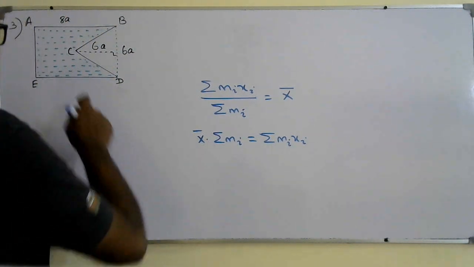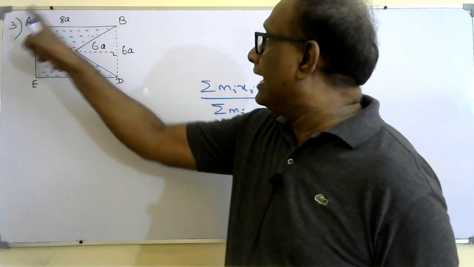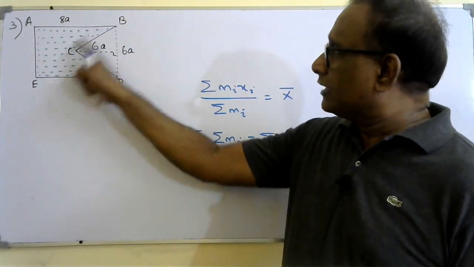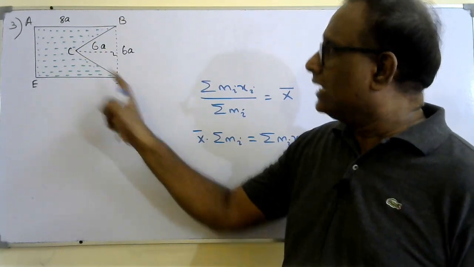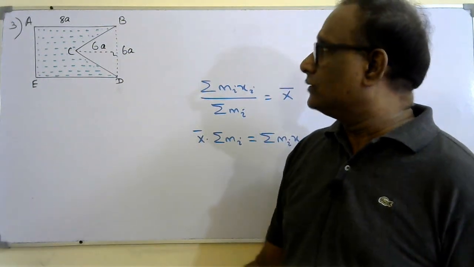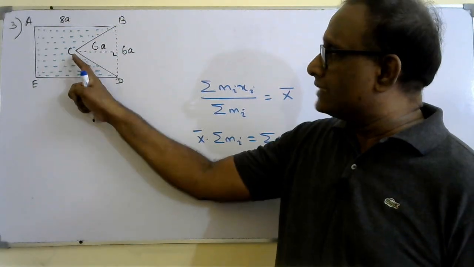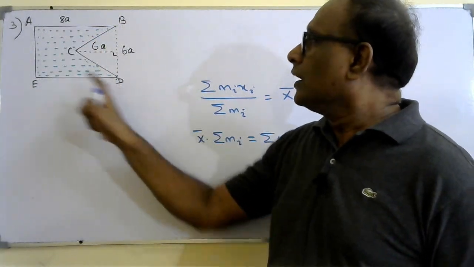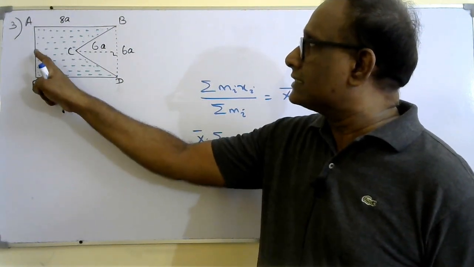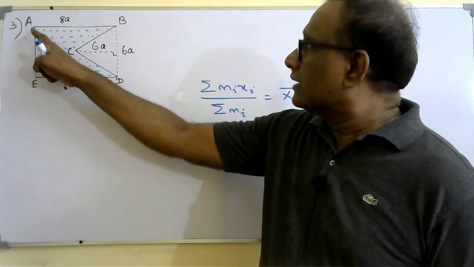We know the center of mass of the initial rectangle ABDE when the whole thing is a solid, without removing the triangle BCD. The center of mass of this rectangle will be at the center, because it's a uniform rectangle. So the distance of the center of mass from AE will be 4a. So we can imagine this rectangle